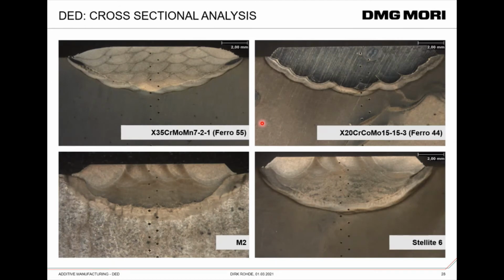Yes, it's a simple screen. It's a very stable process, and it's reprocessable as soon as the parameters have been set up. You typically have no holes,